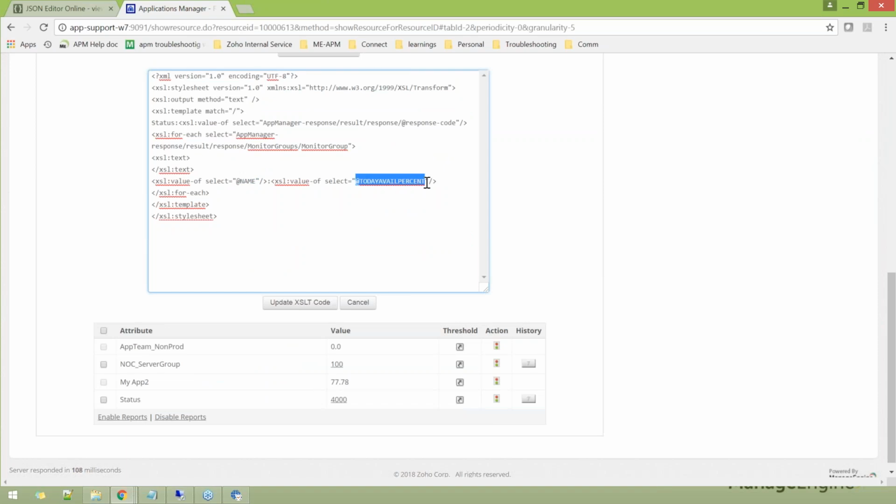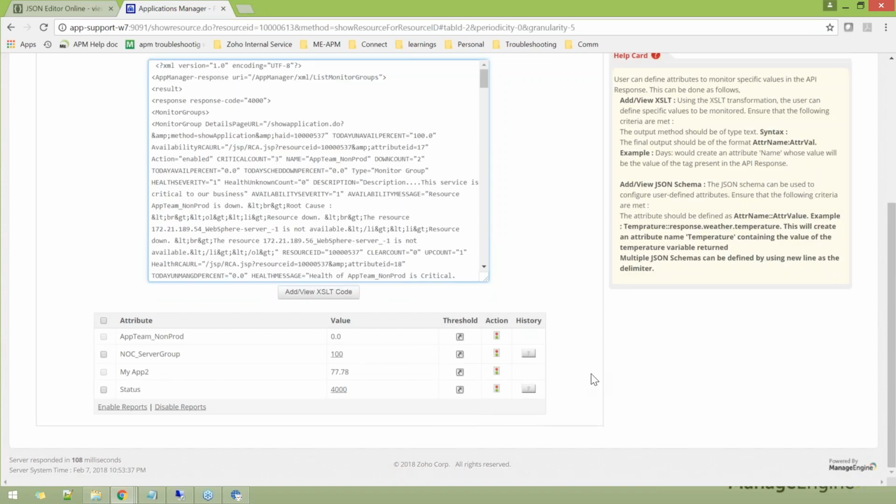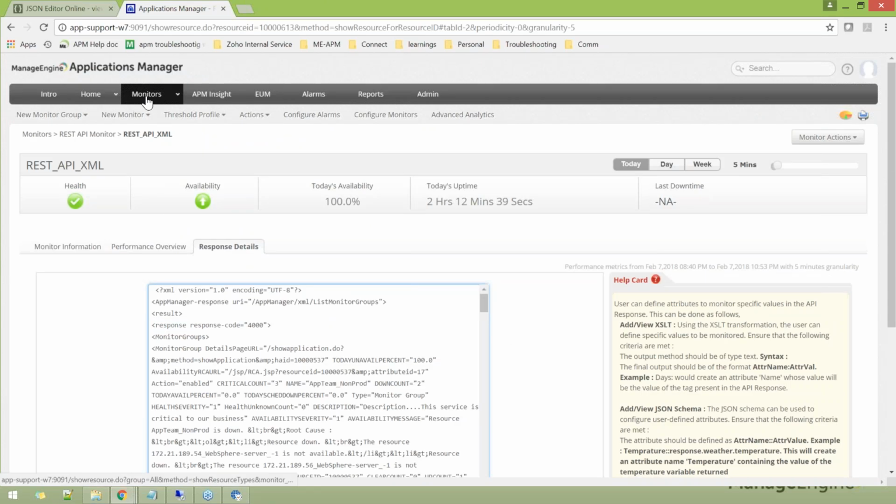So this is a monitor group REST API that I used. In that, it is pulling out the monitor group name and the percentage in value. For this, you can go ahead and configure action if needed and pull the reports. Now,